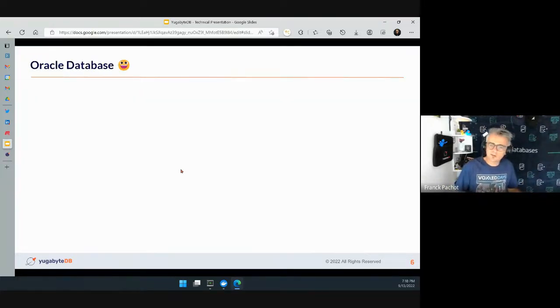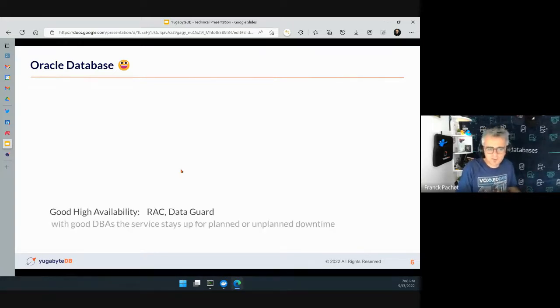I will take another example, a commercial database. I take Oracle because I've been working a lot with it, and also because this is where we see most people who want to leave Oracle and go to open source, probably because of the price. In those commercial databases, you have good high availability. In the case of Oracle, you have RAC, you have Data Guard. I will not go into the detail, but you can really provide high availability: a server is down, the application continues,